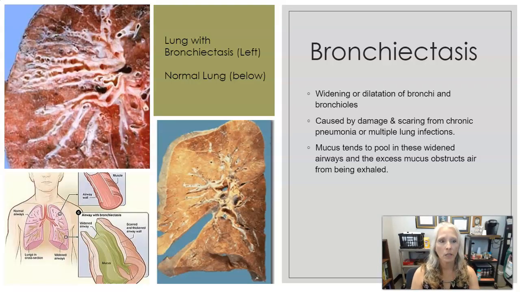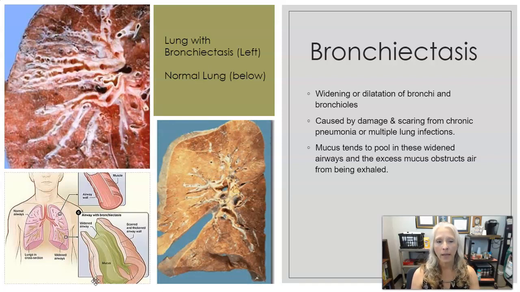The next condition is bronchiectasis, and bronchiectasis is just widening or dilation of the bronchi and the bronchioles, which you can see up here in the upper left is a lung with bronchiectasis, and then you have some tissue sampled down here from a lung that's normal. And you can see that the bronchi are much narrower